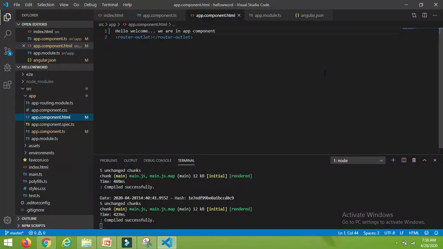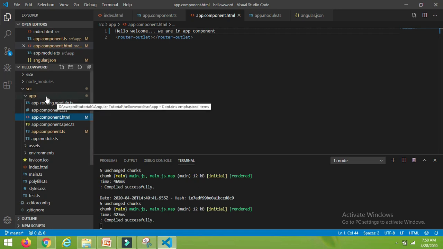So let's create the component here. As I earlier said, a component can be created manually as well as by using Angular CLI. I will explain both. First, let's create it manually so that your concept will be more clear. And going forward, we will create components using only Angular CLI.